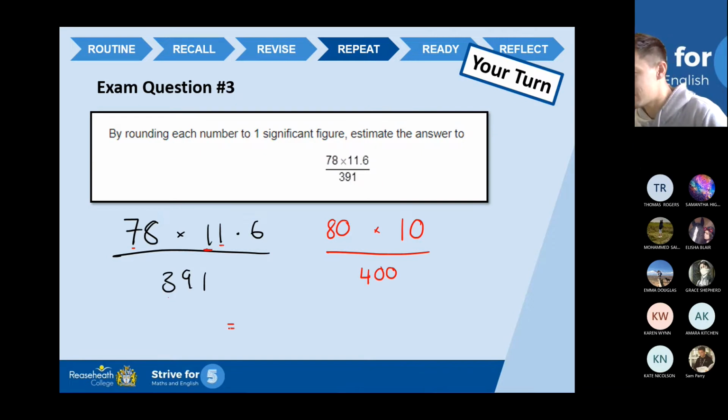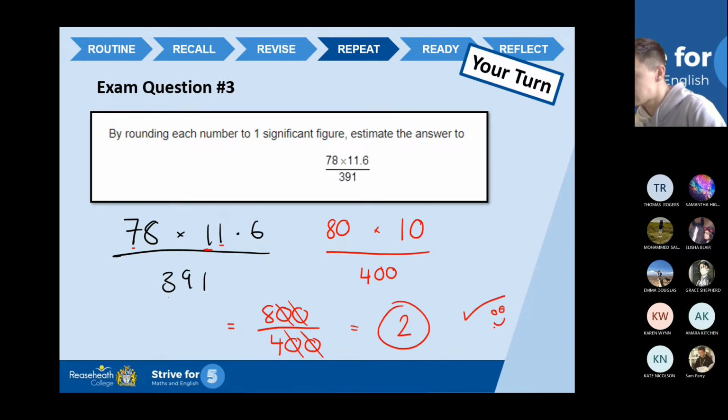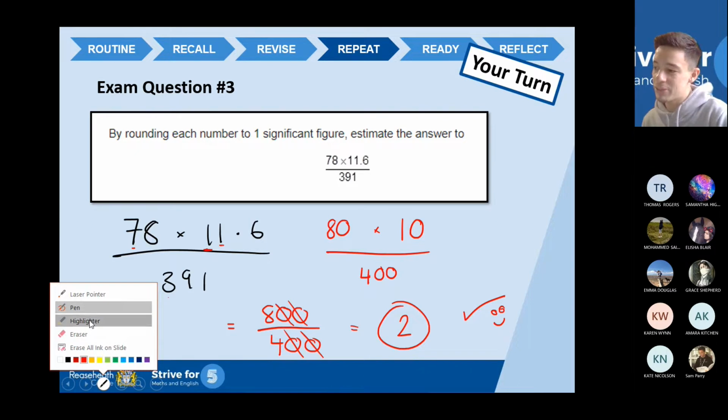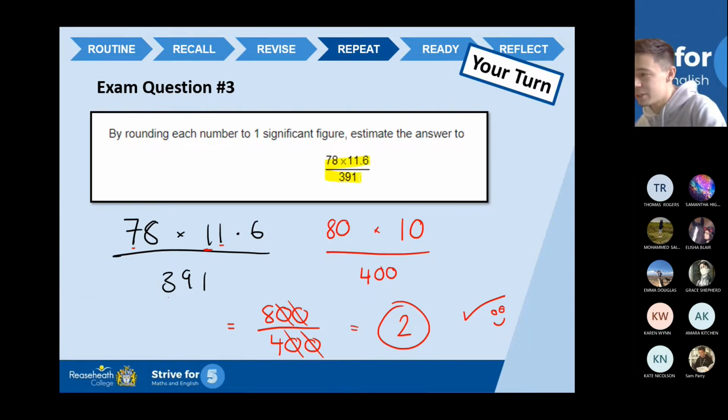So once again, let's just do this down here. So 8 times 1 is 8. 2 zeros, 800. Divide it by 400. Cancel the zeros out. 8 divided by 4, that's going to give me an answer of 2. It's interesting, when you estimate, the numbers go from quite complicated to actually quite simple and quite nice in the end. So yeah, if you've got 1 or 2 of these, 80 or 10 or 400, you've picked up marks,